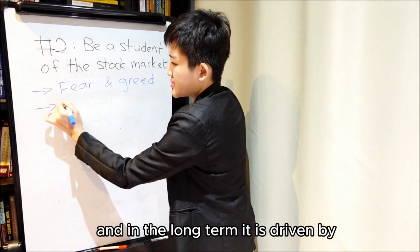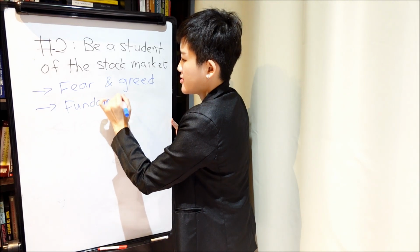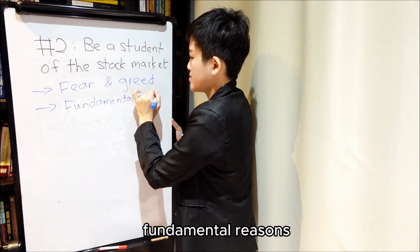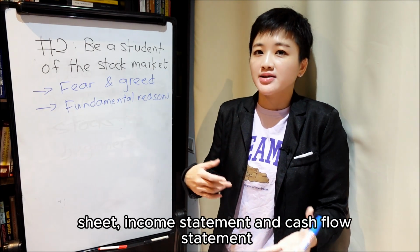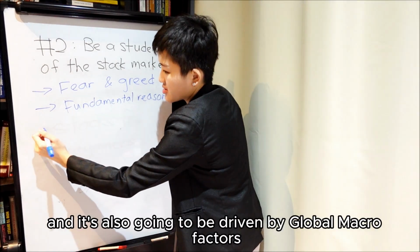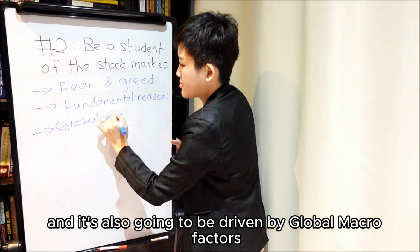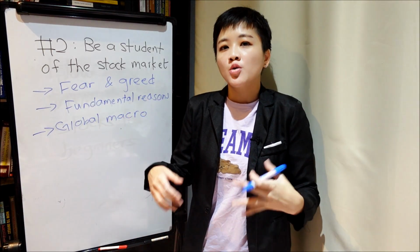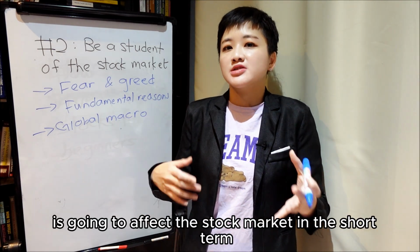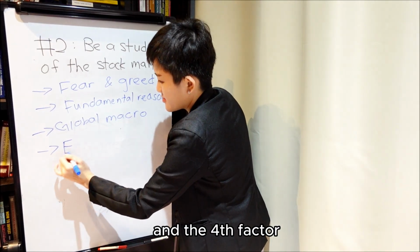And in the long term, it is driven by fundamental reasons. So you have to look at the numbers, the balance sheet, income statement, and cash flow statement. And it's also going to be driven by global macro factors. So you see major events like pandemic and war are going to affect the stock market in the short term. And the fourth factor,